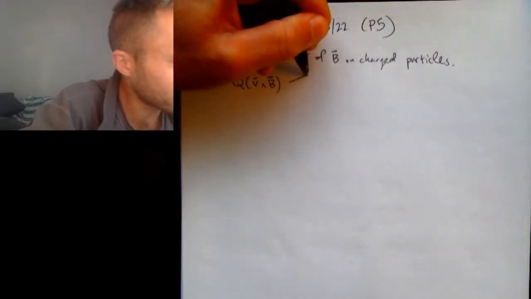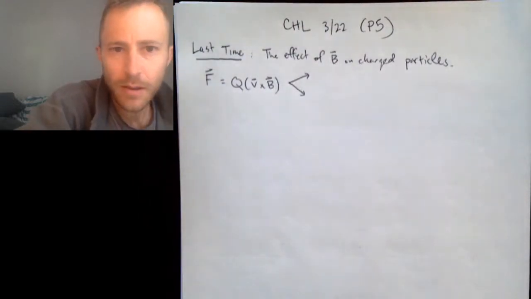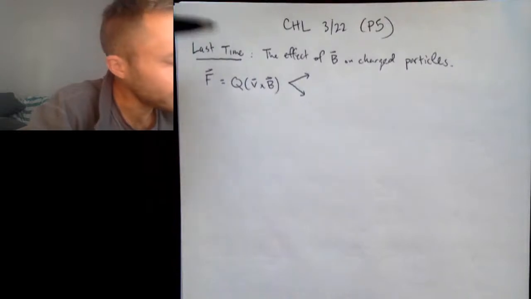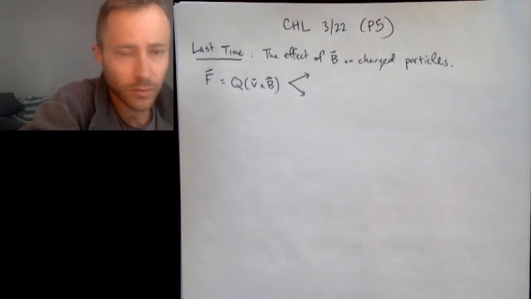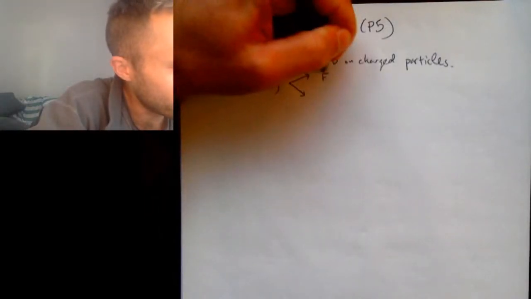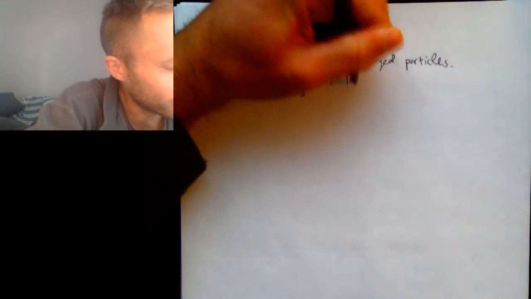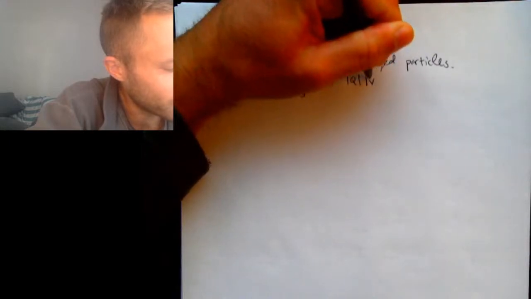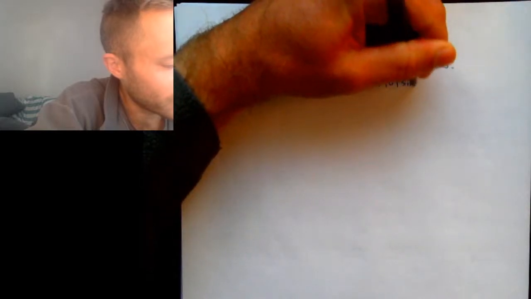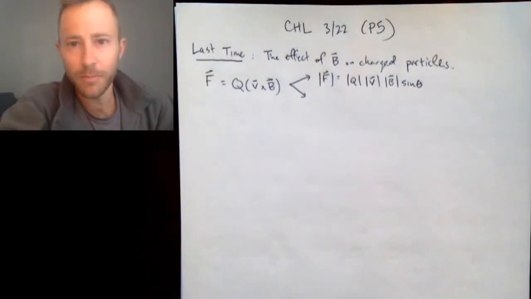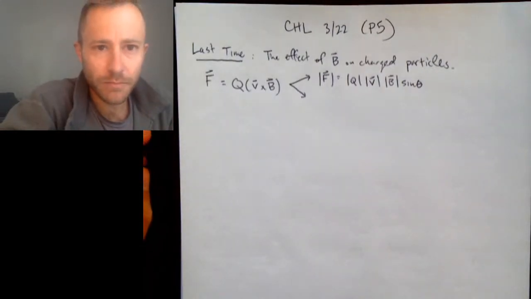And so this is really equivalent to two different rules. The first rule is for the magnitude of the magnetic force, which is going to be the magnitude of the charge times the magnitude of the velocity times the magnitude of the magnetic field times the sine of the angle between velocity and magnetic field. So that's the rule for the magnitude. And then to get the direction,